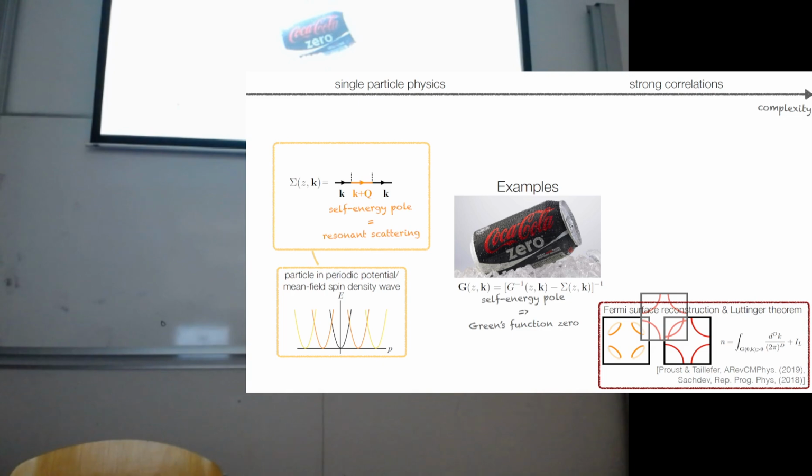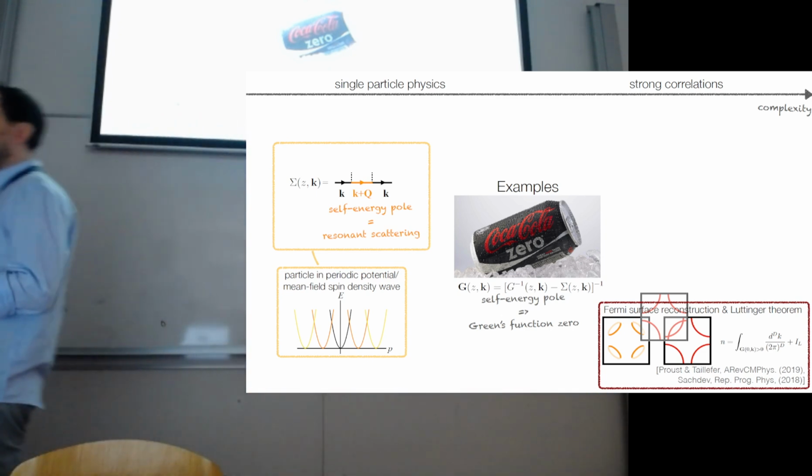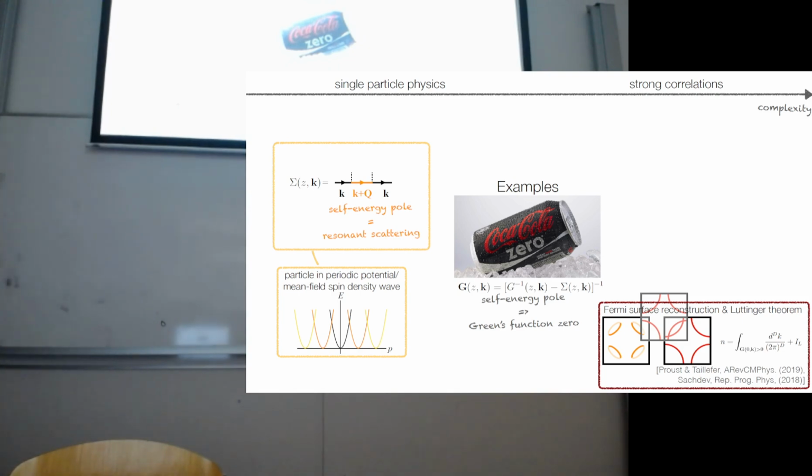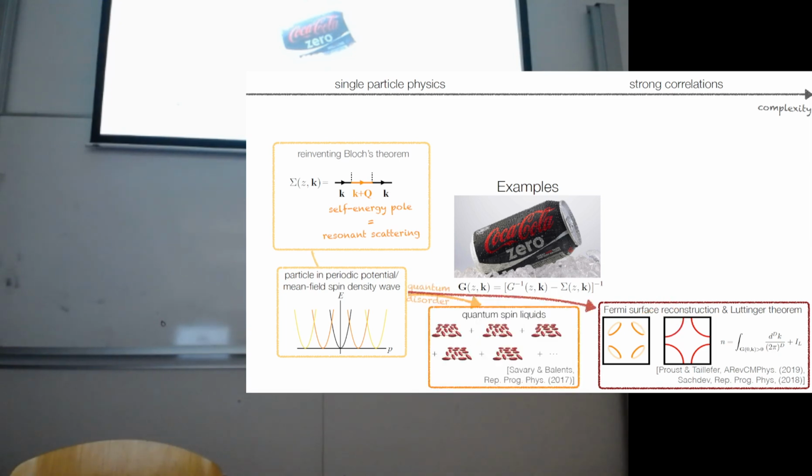Imagine you look at this for an antiferromagnet, so you start with an AL state, and then of course you have a doubling of the unit cell. If you take this into account, these degeneracies will be lifted and you get a self energy which looks like this. But now you want to ask this question in the absence of spontaneous symmetry breaking, so you crank up either thermal but in particular also quantum fluctuations. So you start from the situation where you have this density wave, but then you start to